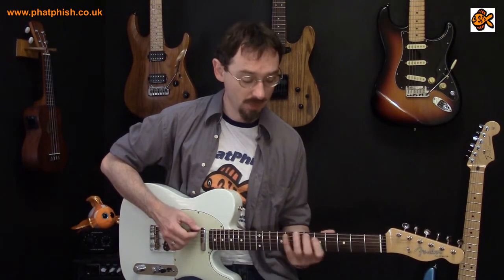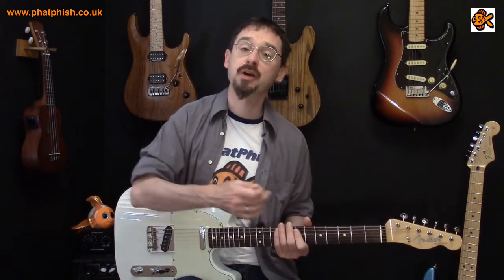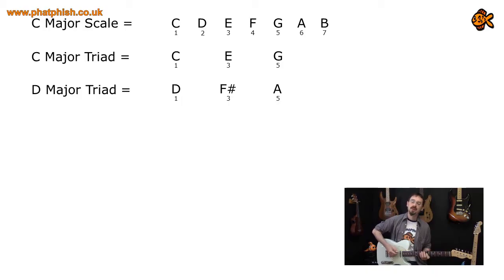So on C, we've got C major, and we're going to go up to D and build a triad there. Now if we play a D major triad, that F sharp doesn't belong to the key of C major, it's an outside note. So we need to alter it in some way to make sure it fits in. What we can do is take the F sharp and lower it by a semitone to F natural. That gives us a chord with the notes D, F and A. So that chord there